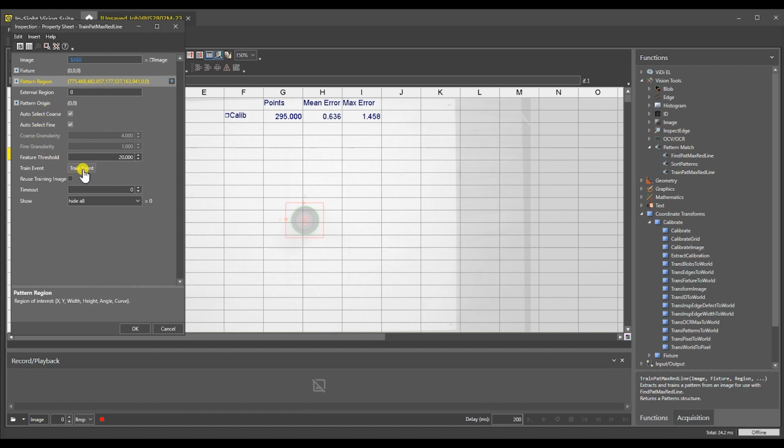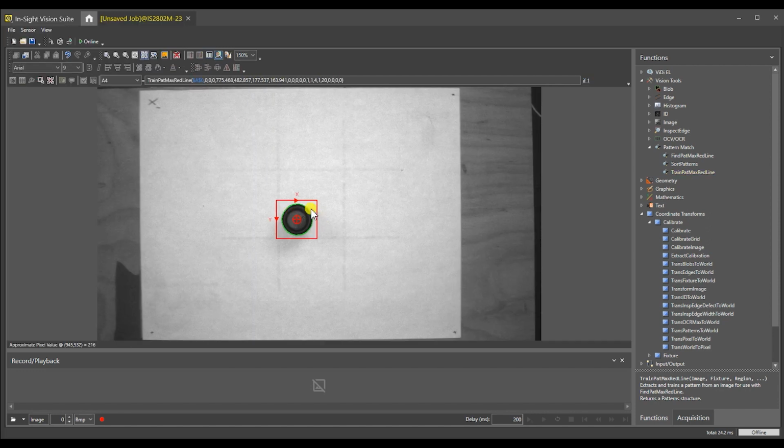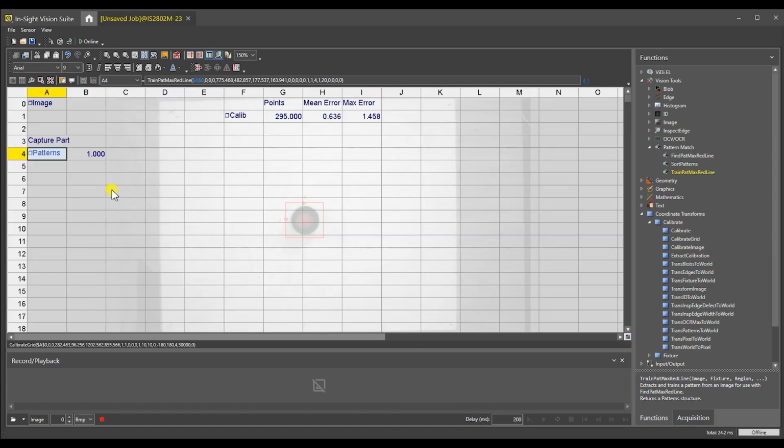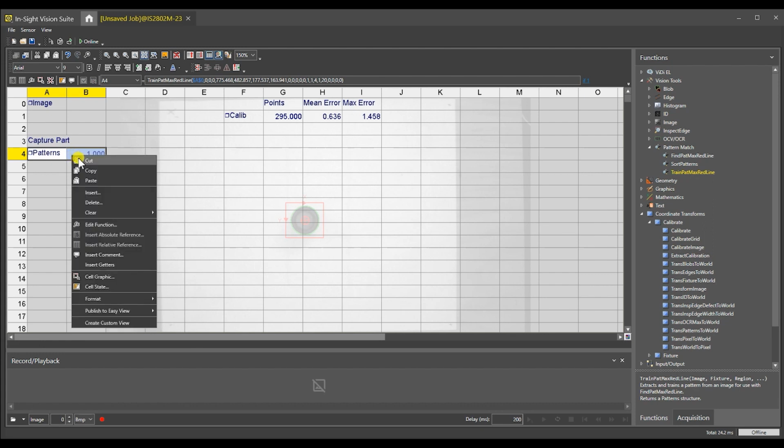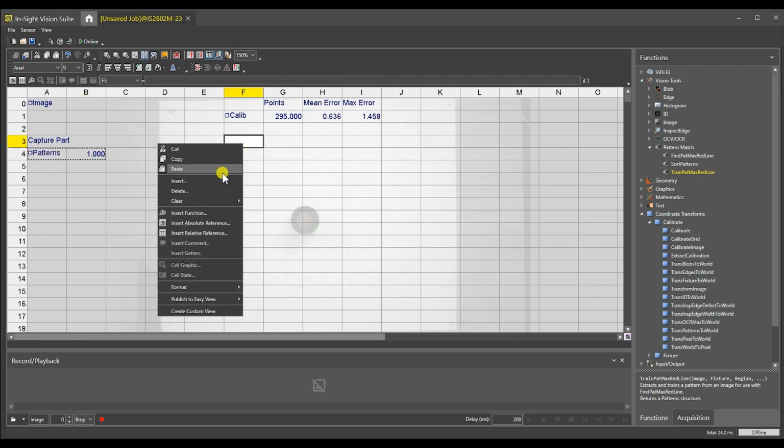and we can train it. Tell it okay, and you'll notice now we got a center on it and green outline, so we have a good part. That has only trained it. It has not actually found it. To find it, we need to do this find PatMax red line. And so again, this is one of those things, this pattern, we actually don't need to keep it there. I'm going to move it over here, paste,